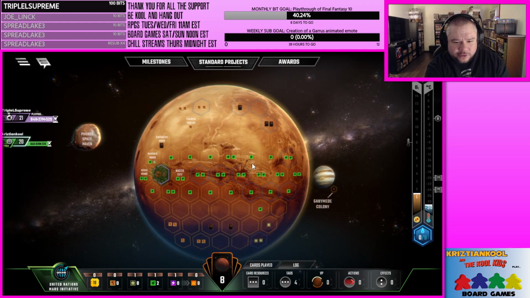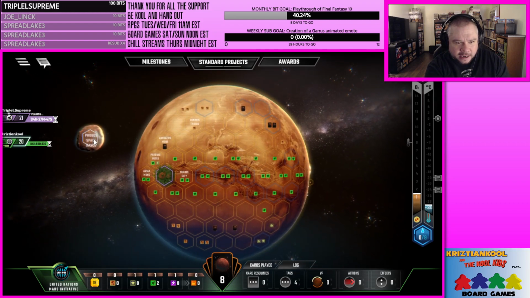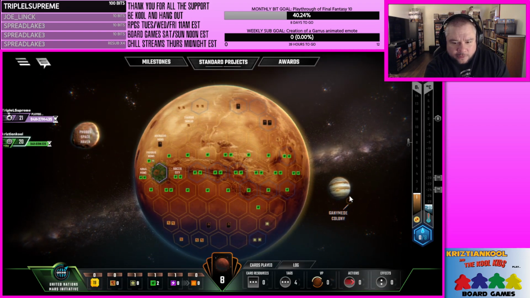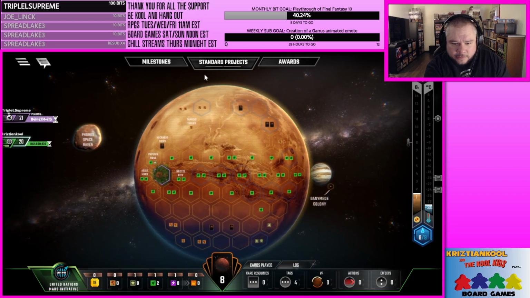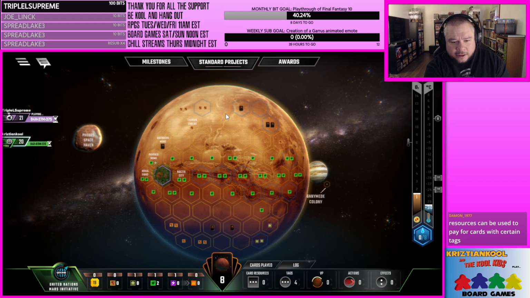I haven't quite figured out how to move the planet up and down. I could zoom in, zoom out, but I haven't figured out how to rotate. If there's a rotate, I don't know. It'd be nice. Anyways, if there are any other questions...